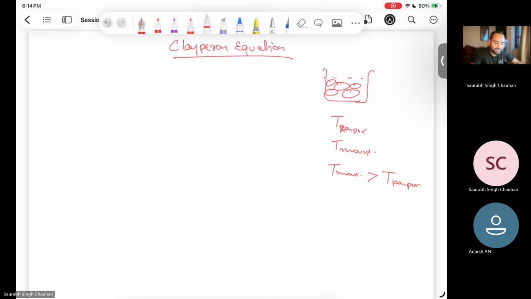What is latent heat? It is the amount of heat that it takes for water to change its phase from liquid to vapor. Even if you assume that heat is constant, then